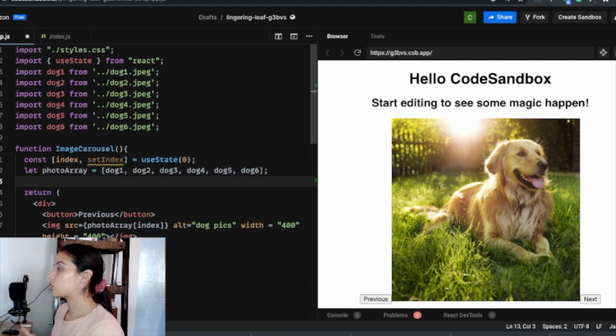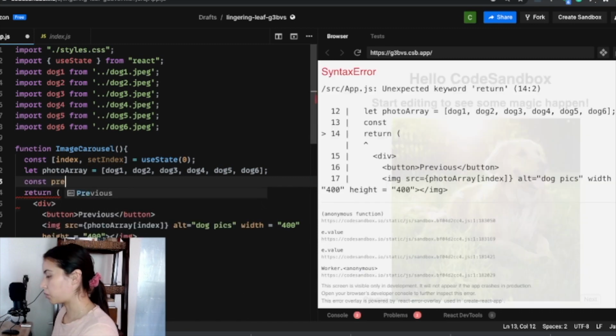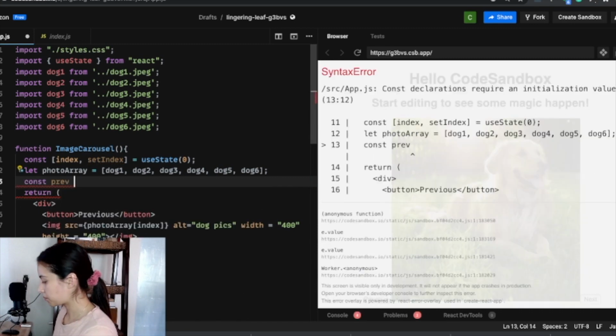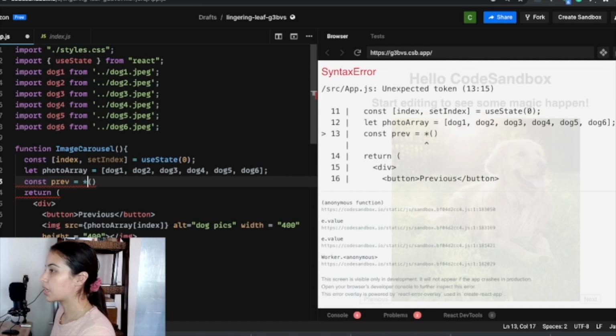So we're going to write two, right? We're going to write a previous and we're going to write a next. So in the last example, I showed you guys how to write a function for the onClick method. I'm going to do the same thing here, but I'm going to use arrow functions. And in an interview, you really should be using arrow functions. It shows that you're kind of up to date with JavaScript and you're just following along with the newest updates. So I'm going to go ahead and model that. So we're going to say const and call it previous. We'll just call it prev. And this one takes in